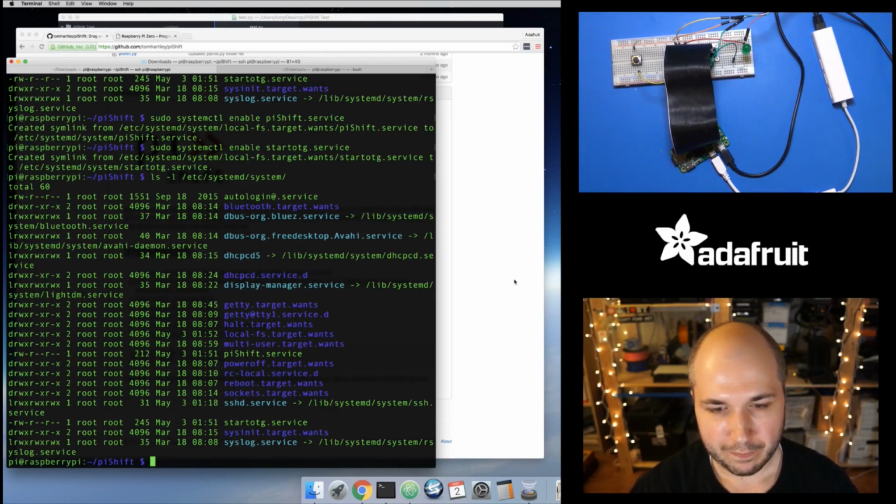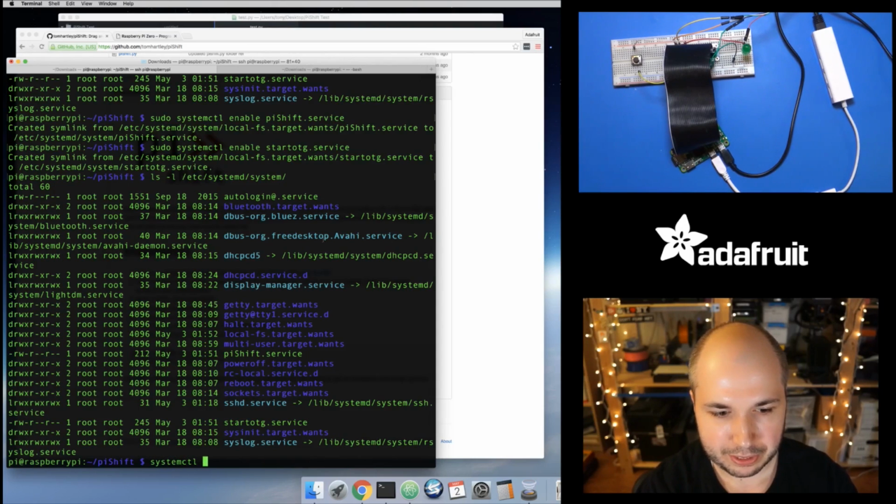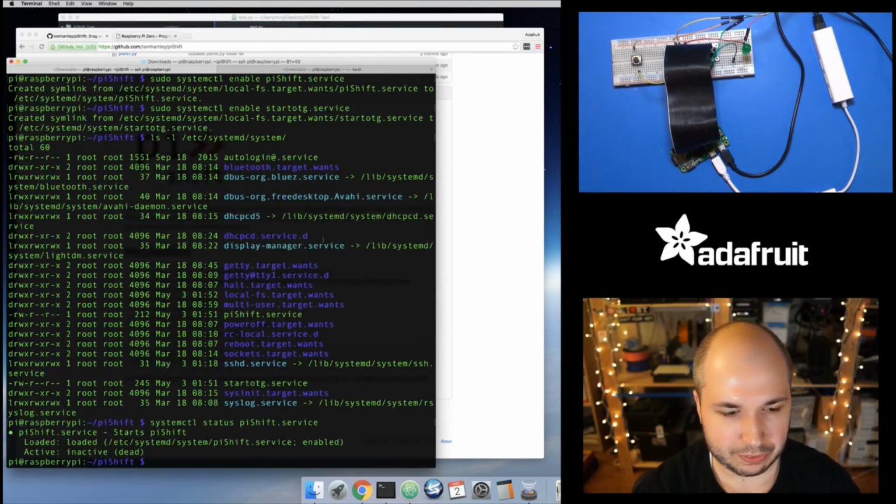Okay, so at this point we're pretty close to starting. I've loaded up the code, I've slightly tweaked it to fix a little issue, and I've enabled the systemd services. They're not turned on yet. Way back I've done a bunch of live streams where I've used systemd. The status command, so run systemctl status and then the name of a service file, like PiShift.service, will tell you that it's loaded, so it knows that this thing is going to run, and it's enabled, so next time I boot it's going to try and run this,